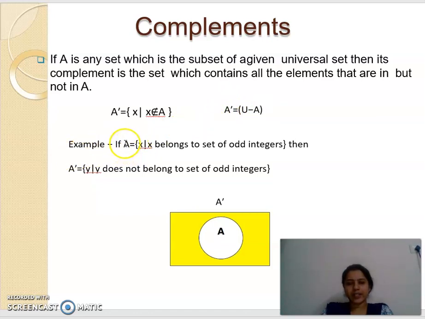Example, set A is X such that X belongs to the set of odd integers. Then A complement means we add the not keyword to the given set. Here Y such that Y does not belong to the set of odd integers.